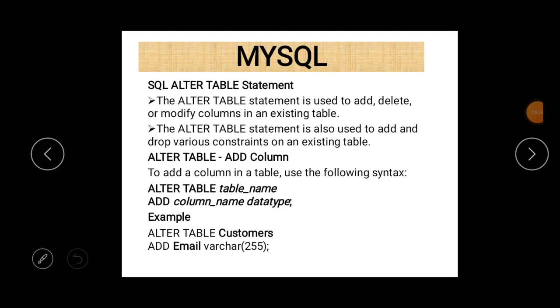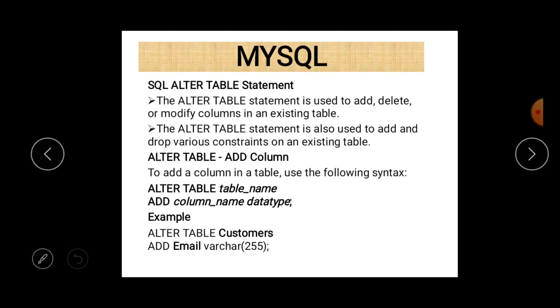Now a few things should be remembered. First of all, the alter table statement belongs to DDL, meaning data definition language, and the second thing is constraints. There are different constraints such as not null, unique, primary key, foreign key, default, check. Constraints are conditions imposed on a table, and we can impose them at the time of table creation. And if we forget to use them at that time, then we can also apply them afterwards using the alter table statement.